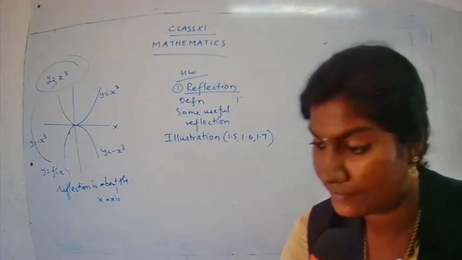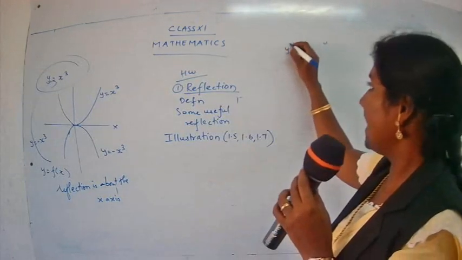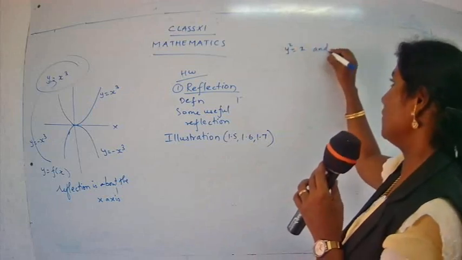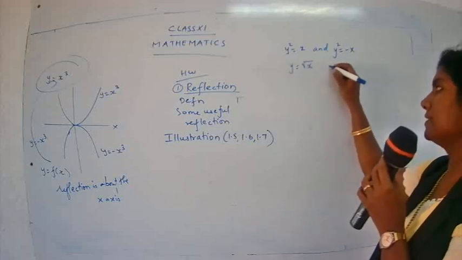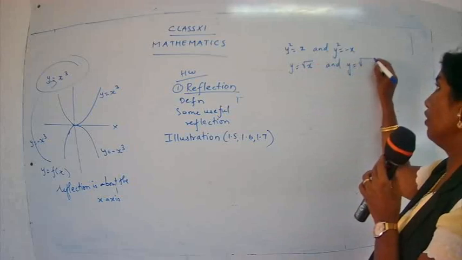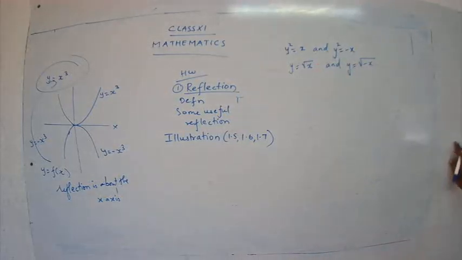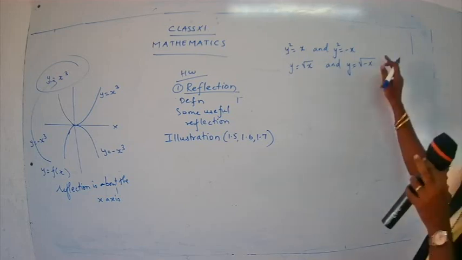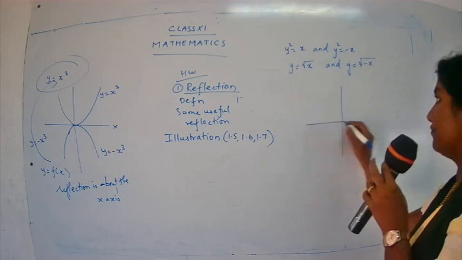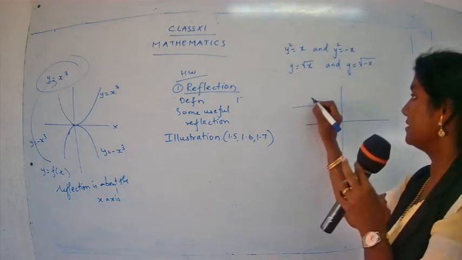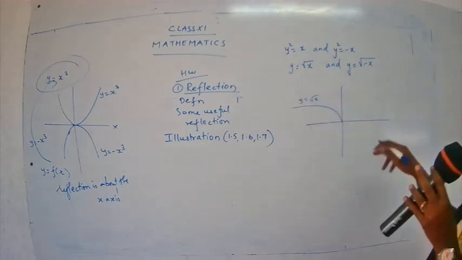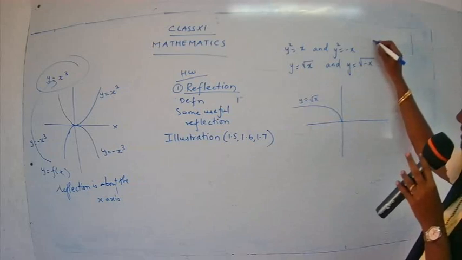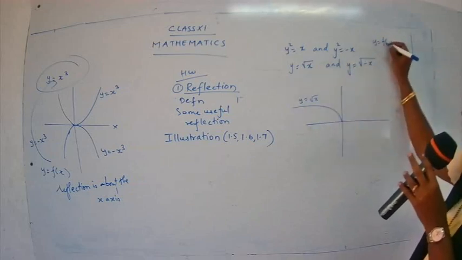Okay, so what is the next point? They have given you a graph for y square is equal to x and y square is equal to minus x. So what is y here? Y is equal to root of x and y is equal to root of minus x. Okay children, so how is the graph going? See, y is equal to root x is here. They have plotted here y is equal to root x. Now, how is the function? The function is y is equal to root x, which means this is the function f of x.